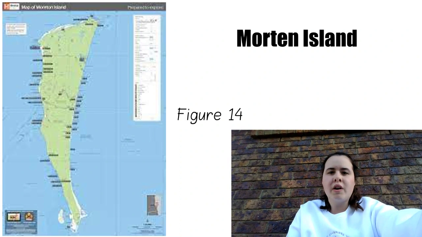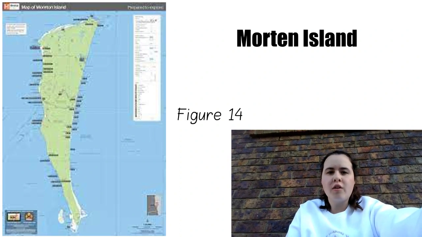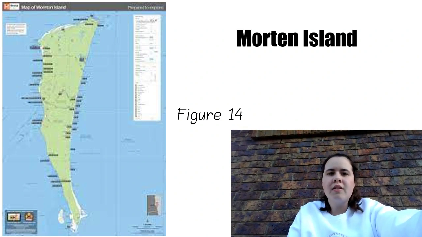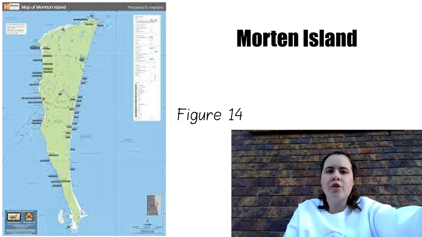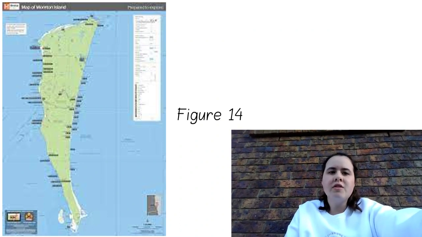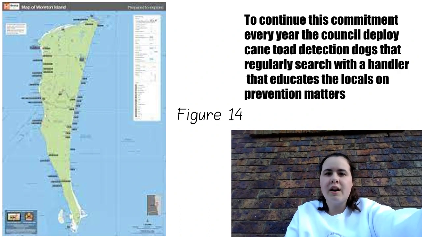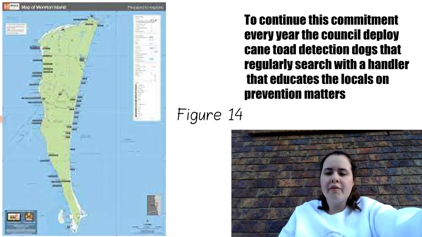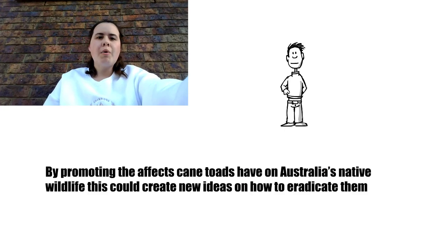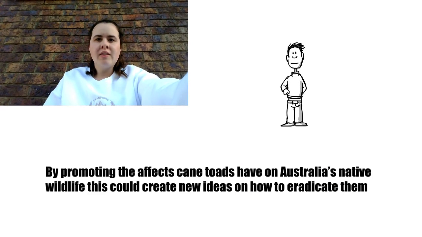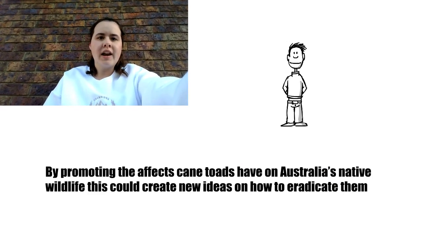Moreton Island is just one of the few locations where cane toads do not live. The council promotes and supports this foundation and believes it is important to support the native wildlife against cane toads. It continues this commitment every year. The council deploy cane toad detection dogs that regularly search with a handler that educates the locals on prevention matters. By promoting the effects cane toads have on Australian native wildlife, this could create new ideas on how to eradicate